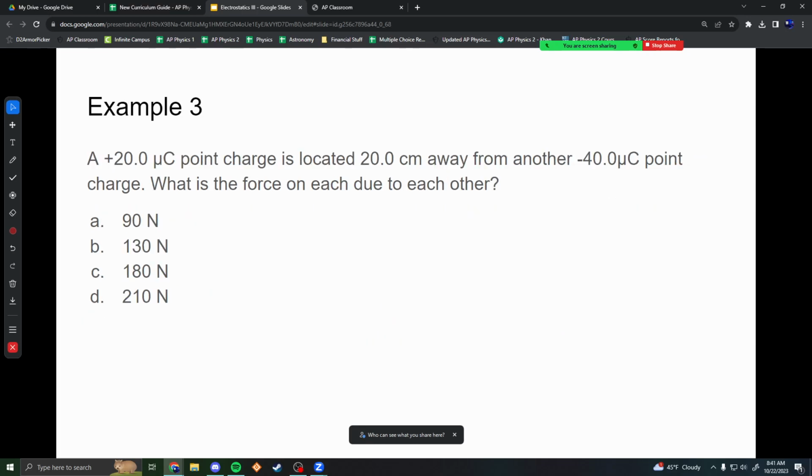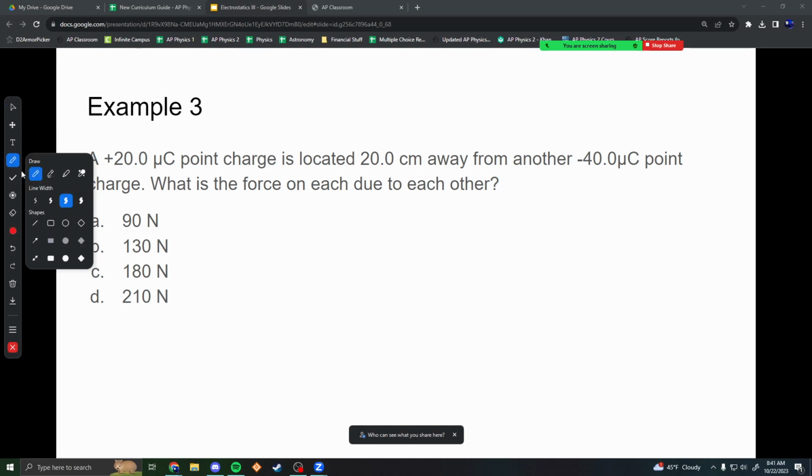Okay. So from here on out, this is going to be a lot of examples. A 20 microcoulomb charge is located 20 centimeters away from another 40 microcoulomb charge. What is the force on each due to each other? So if I look at this, I have 20 microcoulombs here, and it's positive, and I have negative 40 microcoulombs here,